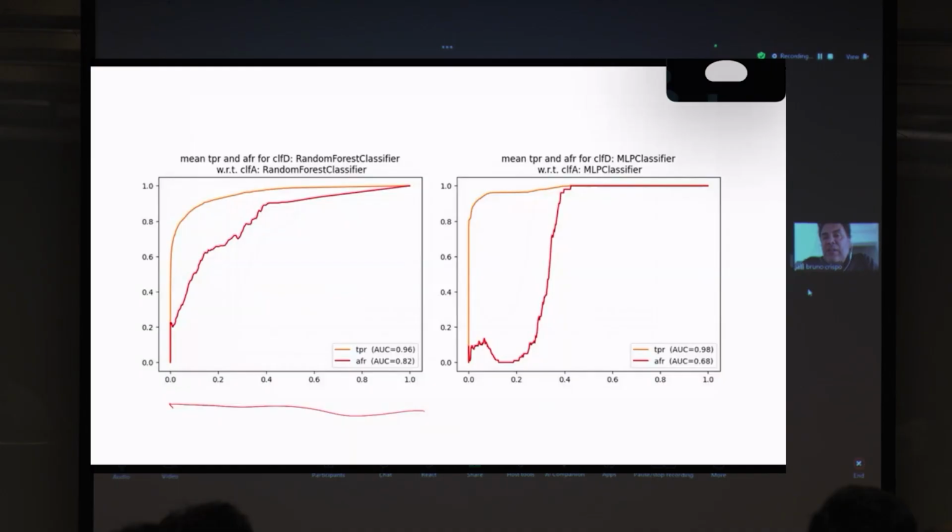It gives you the ROC curve for this random forest classifier, while this is the AFR curve that tells you how this random forest classifier is robust against evasion attack. So, comparing these two classifiers, you can see that until a certain threshold the random forest performs much better, and then the multi-layer perceptron actually outperforms the other. So the idea is that we can compare the different